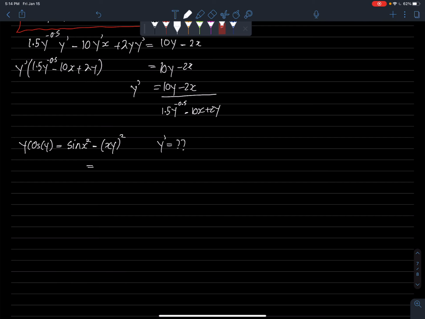Right? Okay. So let's do the first part. So for y cos y, we have to do product rule here. So it's just going to be cos of y plus y times negative sine y, right, is equal to cos x squared times 2x